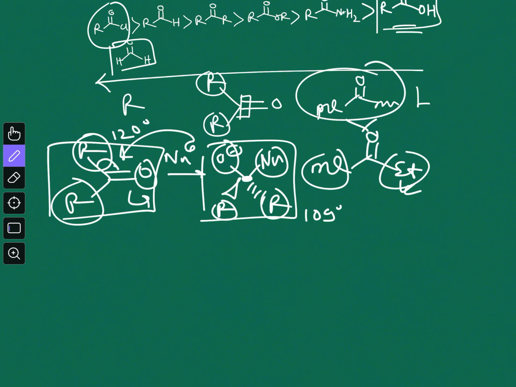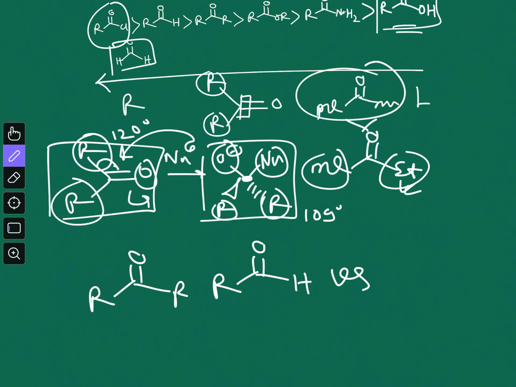So if we consider two things, for example a simple ketone or aldehyde, and compare it with the acid chloride, what happens in acid chloride? In acid chloride or any other compound like that, for example ester or acid, we can generally represent it by X. This X may be oxygen, then it will be ester or acid. It can be nitrogen, then it will be amide, or if it is chlorine, bromine, iodine, then it will be acid chloride, acid bromide, like that. Now in this case two effects are there.